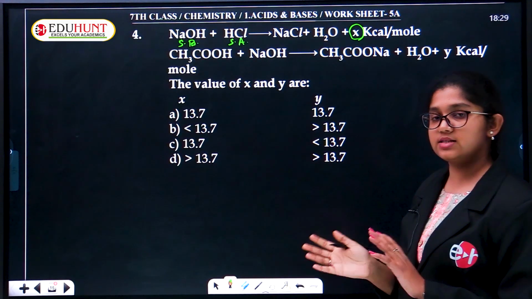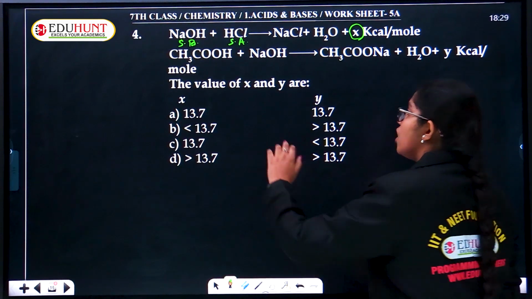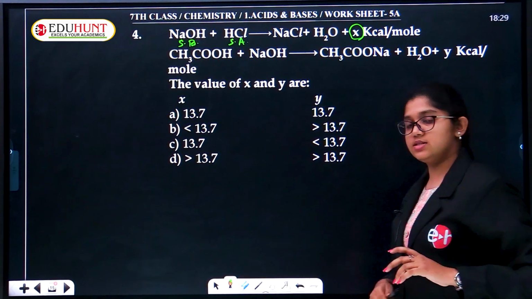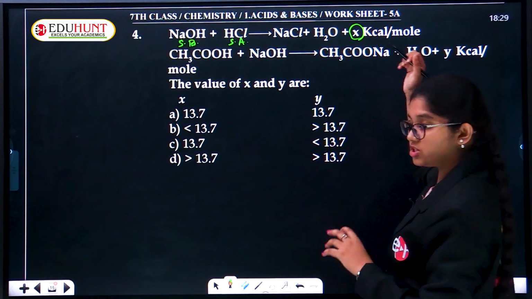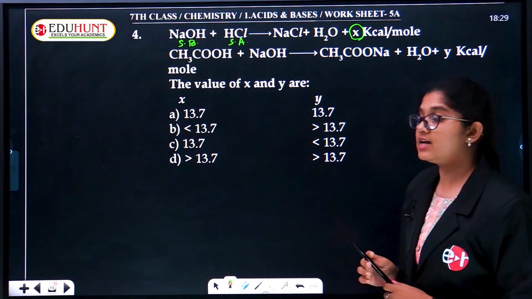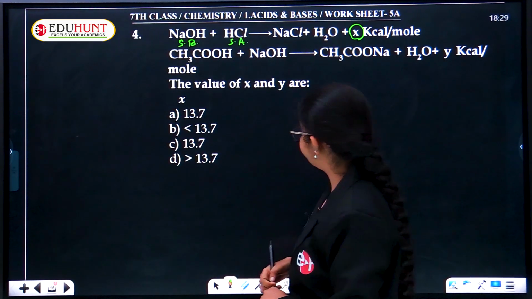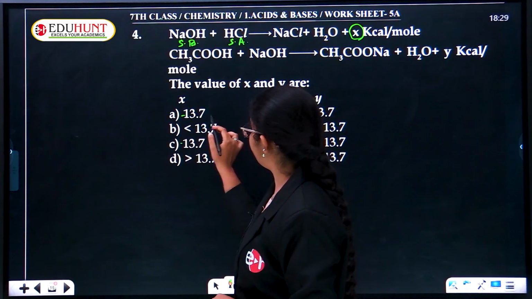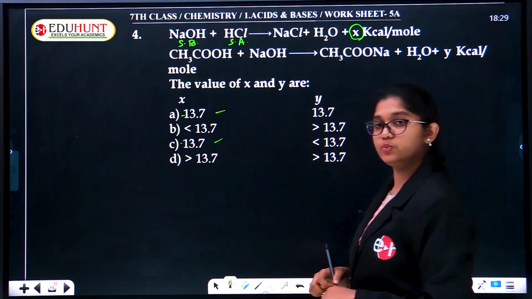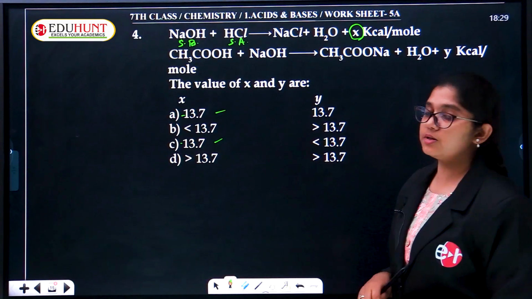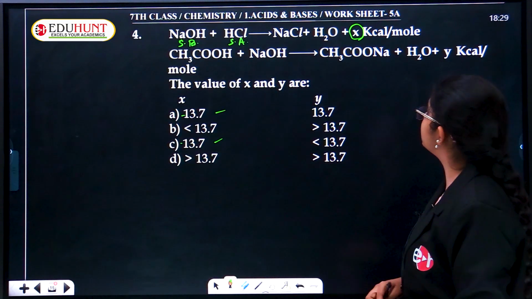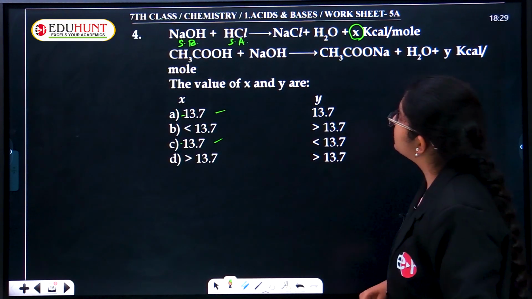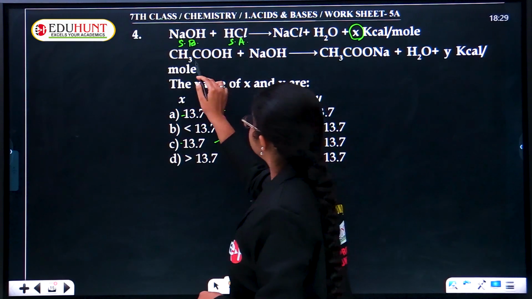Now guess what is X? Because a strong base is reacting with a strong acid, X will be the heat of neutralization, which is minus 13.7. Here options A and C match the strong base and strong acid first equation. And in the second equation, we have acetic acid, CH3COOH,